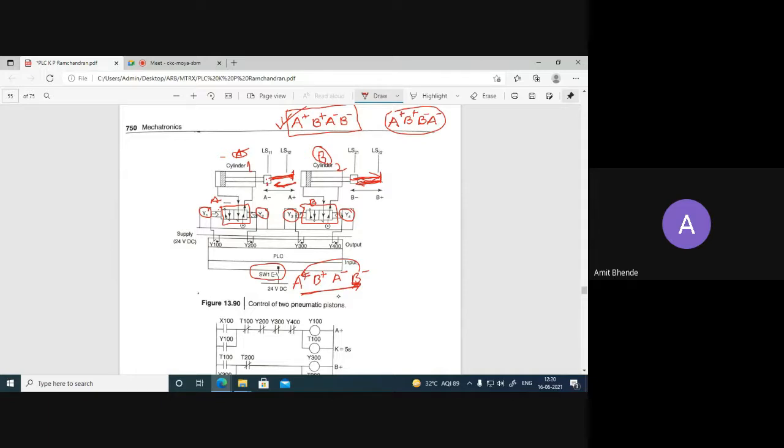Y1 is actuated when we require the extension motion, Y2 is actuated when we require retraction of cylinder A, Y3 is actuated when we require extension of cylinder B, and Y4 is actuated when we require retraction of cylinder B.